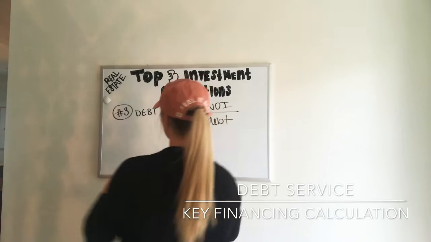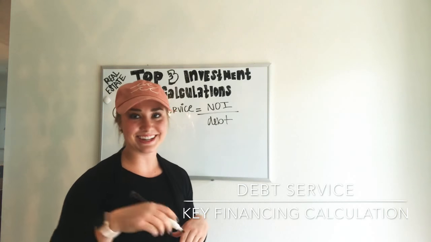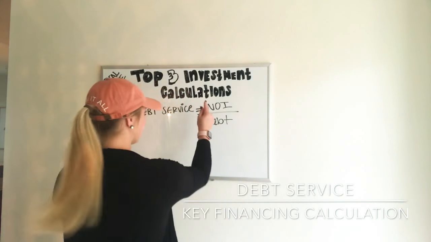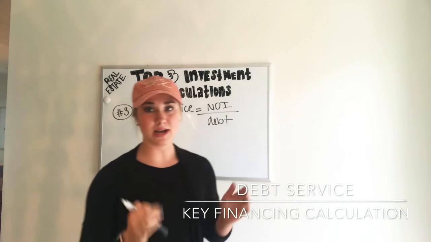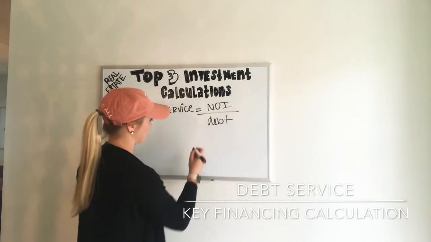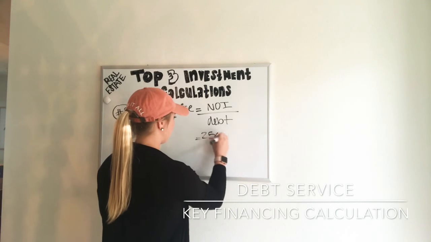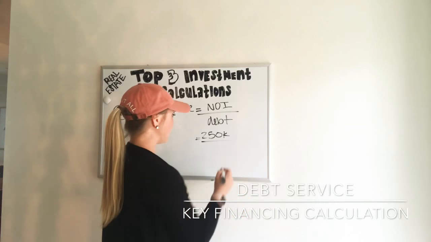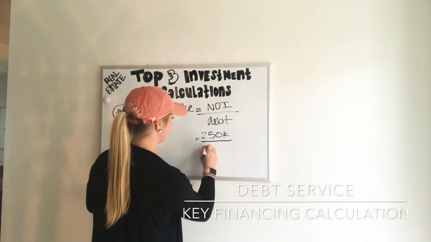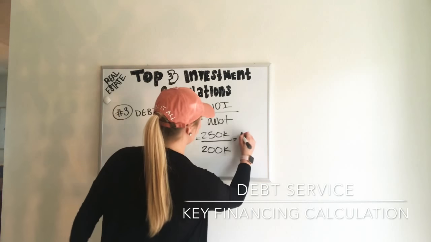Let's go over it. Debt service, you take the NOI, now you remember that because I already taught you it. It is gross annual income minus expenses. Boom. NOI, you divide it by the amount of debt that you're going to be taking out on the property. So, let's do a little example. We will say we've got an NOI of $250,000. We're gonna make things a little bit bigger here, all right? We'll say we took out a debt of $200,000. Boom, divide that out, that will be